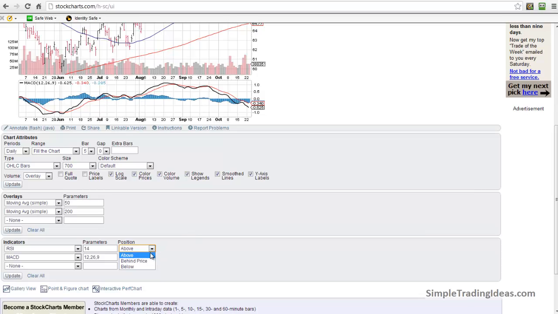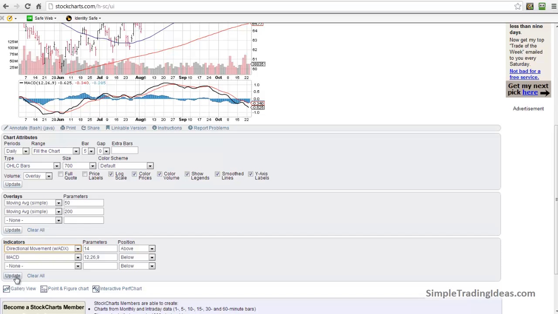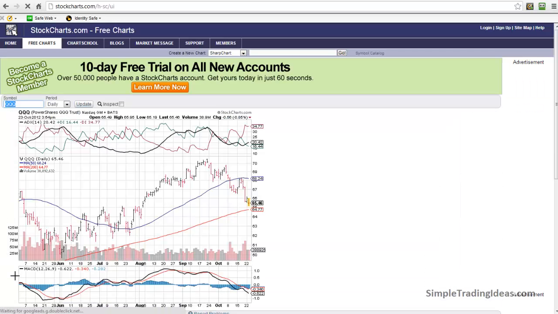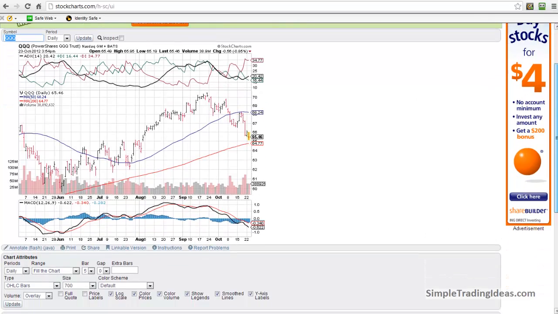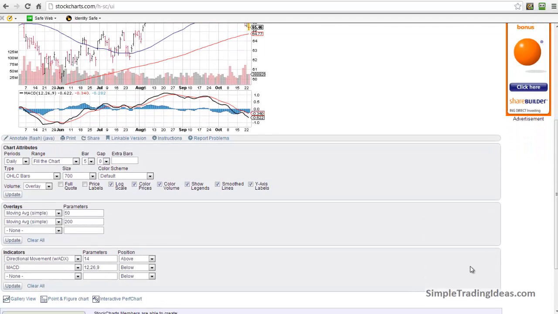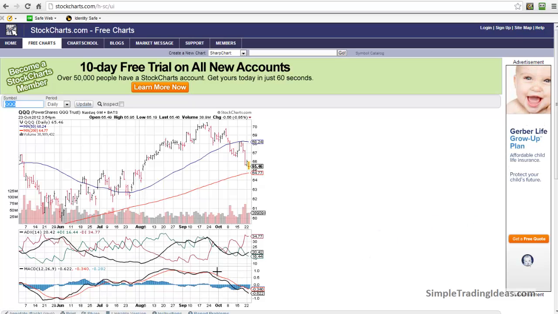And then once you're done, and say you made a change here and you went from RSI to directional movement index, and you update. And there we go. There's a directional movement index. Now say, for instance, you wanted that to appear at the bottom rather than above the chart. Below, let's update that. And there's the directional movement index and the MACD down at the bottom with the prices themselves right up at the top. So that's just a quick overview of